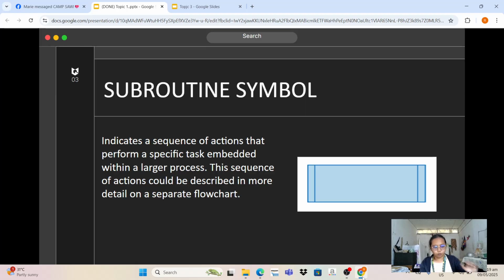sa main nga flowchart. So, let's say nga gusto nimo nga A is equal to 5, nya B is equal to let's say 10.